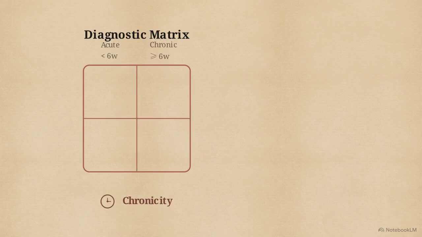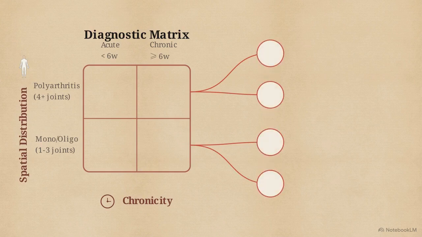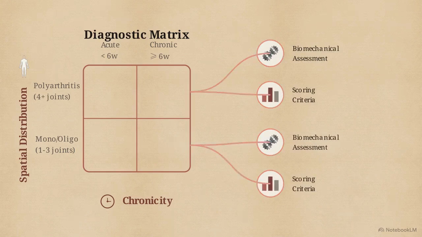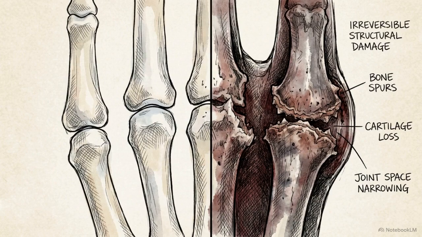Every patient history is filtered through two primary dimensions: the chronicity, or timescale of the symptoms, and their spatial distribution across the body. We then refine this base matrix by isolating specific physical biomechanics and applying validated point-based scoring criteria. This algorithmic framework organizes diffuse clinical signals into a structured pathway designed to identify specific joint pathologies before they result